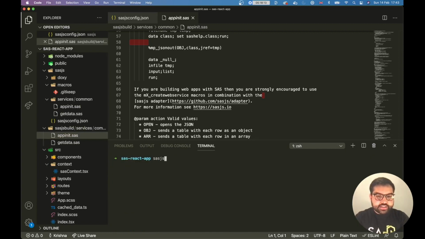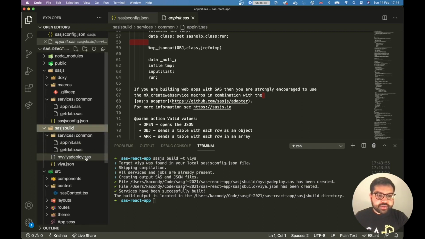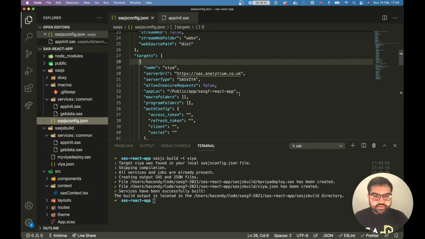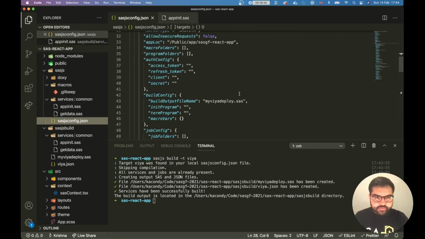Then sass.js build is the process of combining all of those build files into one file that's ready for deployment. If we go back and look at our sass.js config, we will notice that there is a build output file name configuration, which is set to my via deploy.sass.